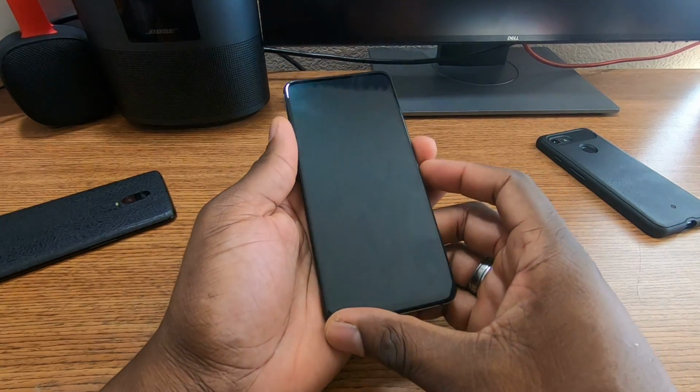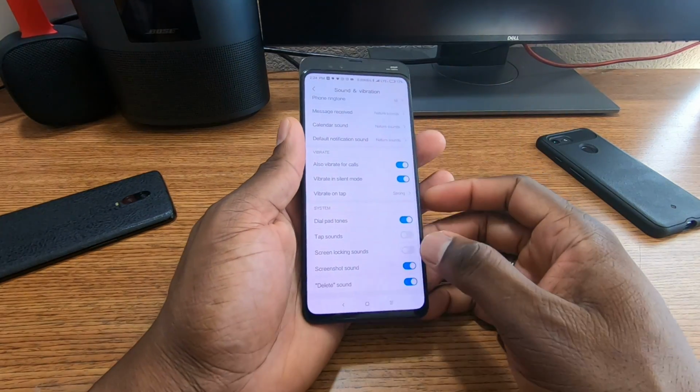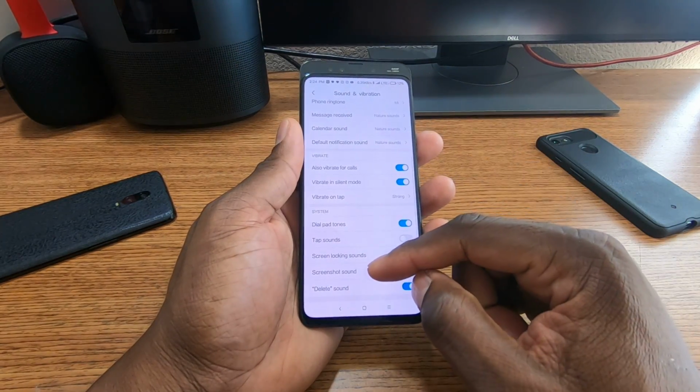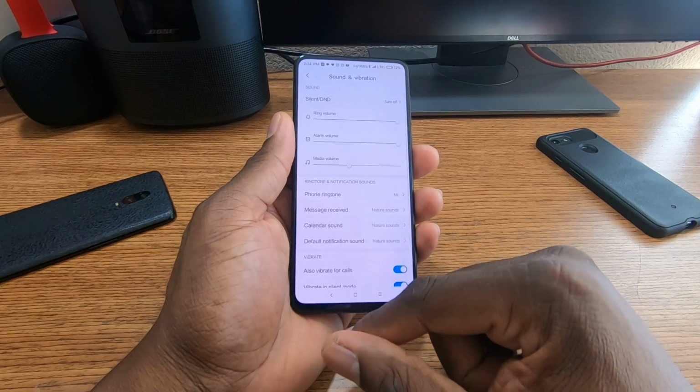I think that's what I was looking for right there. Nope, that's not the one. Looking for the screen lock sound. It's that slider sound that I'm trying to get rid of. But nonetheless, man,